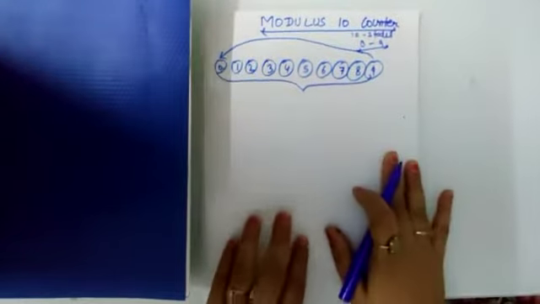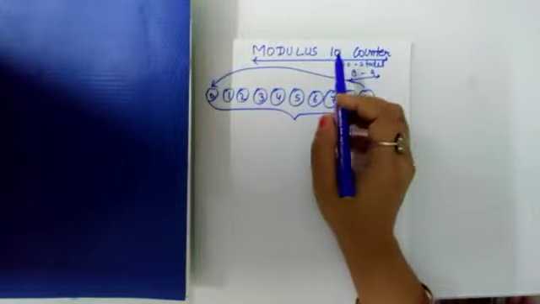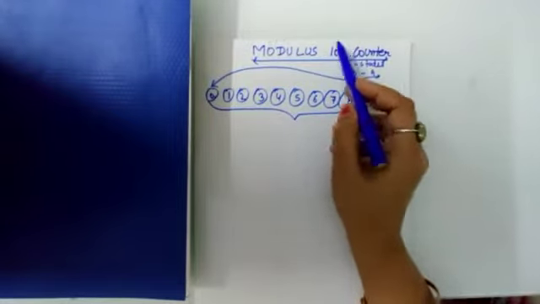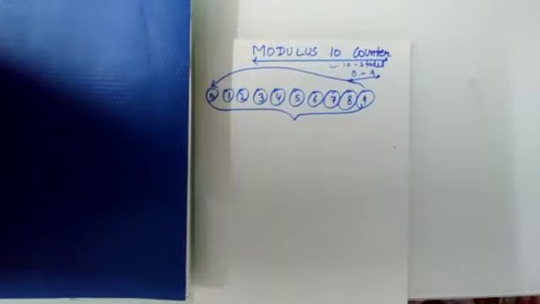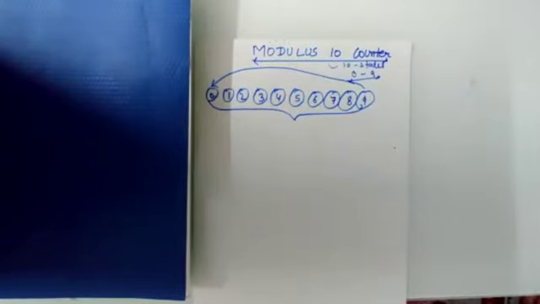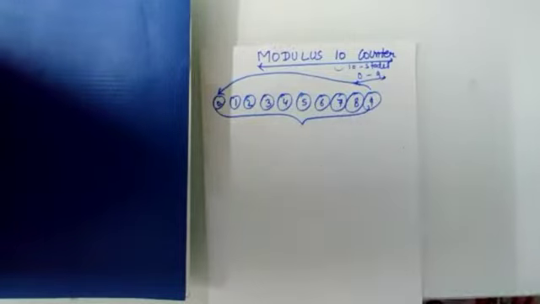First of all, you have to look at the number for which you have to stop the counting. In that counter there should be only 10 pulses, counting from 0 to 9. As the 10th number comes, it will restart and repeat the counting, 0 1 2 3 4 up to 9, again 0 1 2 3 4 up to 9, in that way.